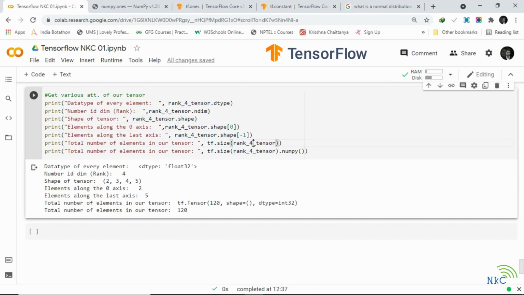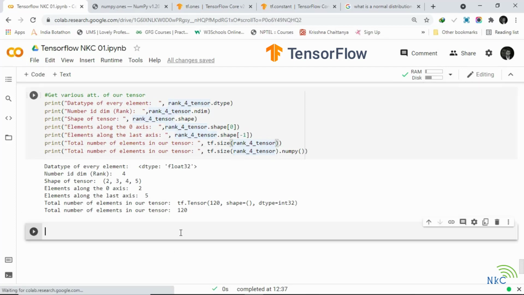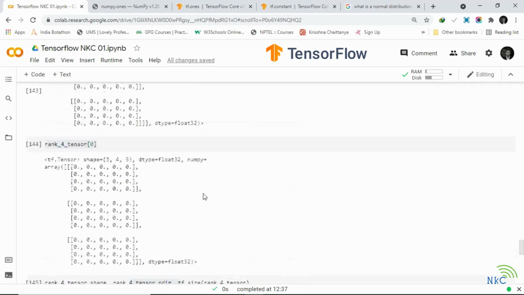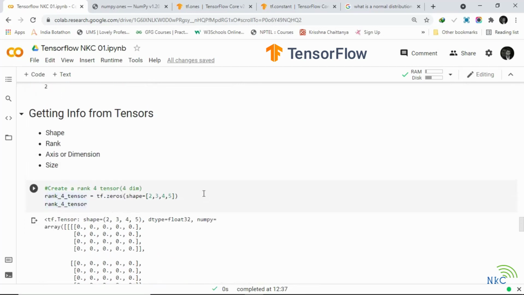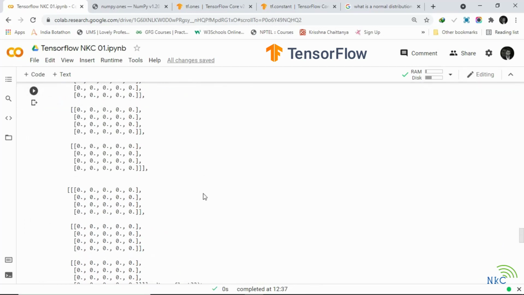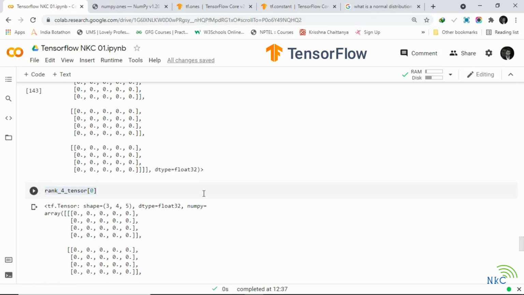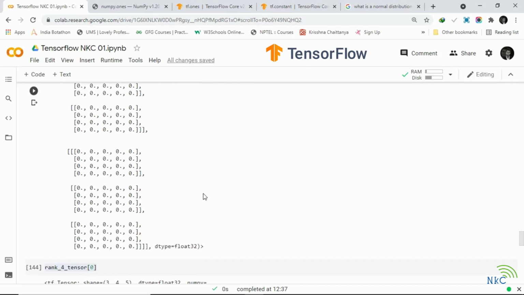Because oftentimes with neural networks we should be dealing with tensors that you can't really visualize, meaning they are so big you won't be able to just look at them. So you need to be able to use code to find different information or attributes about them. So now let's have a look.